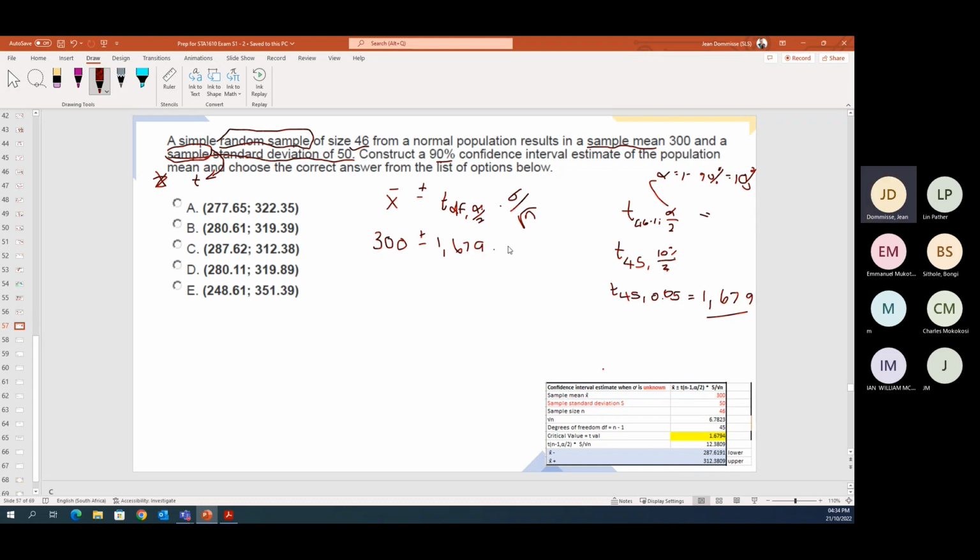Standard deviation still 50 divided by your n, which is 46. So calculator work here, 50 divided by square root of 46. So it's 1.679 times